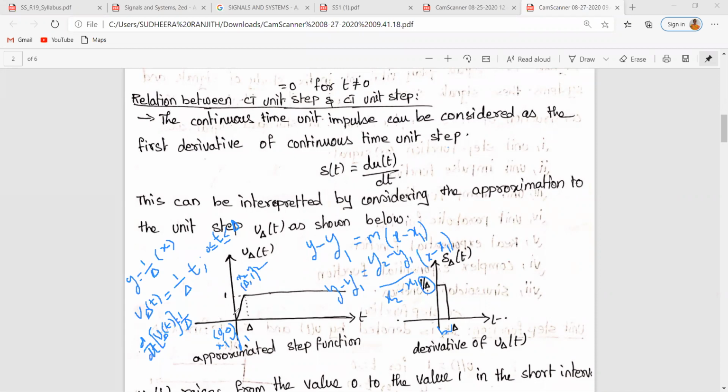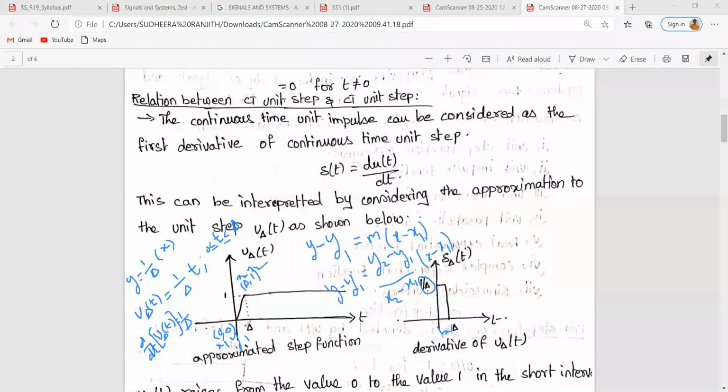Actually, we can find a derivative only when there is a rate of change. For this signal, from minus infinity to 0, the amplitude is constant, which is 0, and from delta to infinity also the amplitude is constant, whose value is equal to 1. So if we find the differentiation in these two parts, the result will be 0. So the differentiation signal will not be defined from minus infinity to 0 and from delta to infinity. So we should find the differentiation of the signal from 0 to delta.